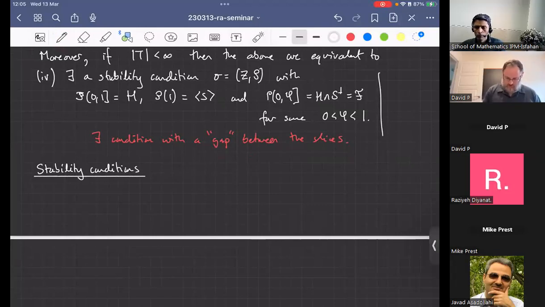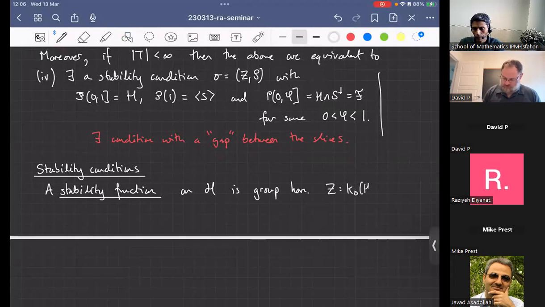So a stability function on the abelian category H is just a group homomorphism from the Grothendieck group of H, which, in this case, because it's a length abelian category with finitely many simples, is just a free abelian group on the number of simples. With the property that